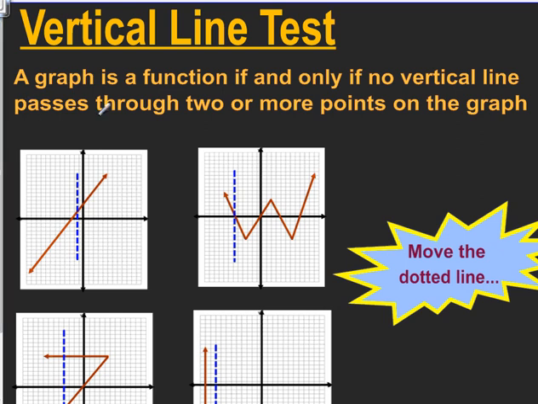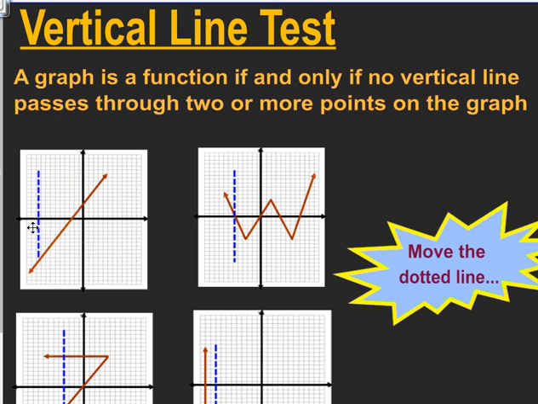A vertical line test tells you if a graph is a function. So a graph is a function if and only if no vertical line passes through two or more points on the graph. Okay, so what that means is